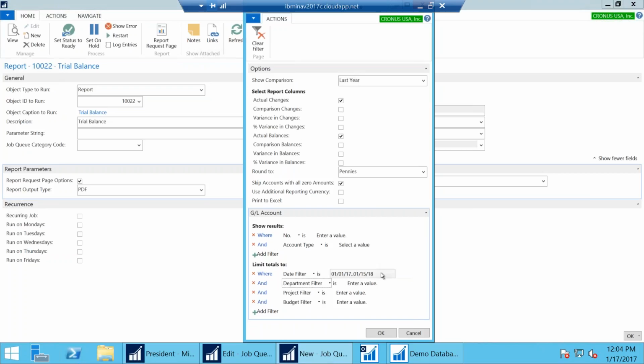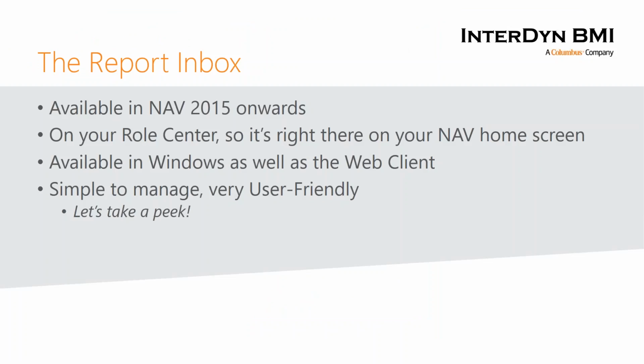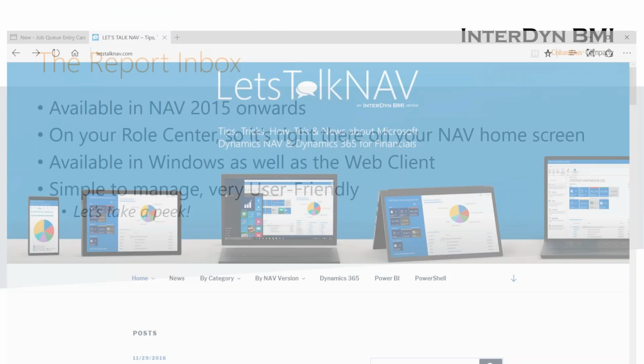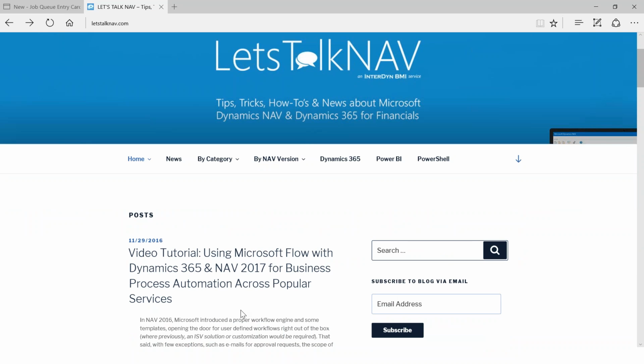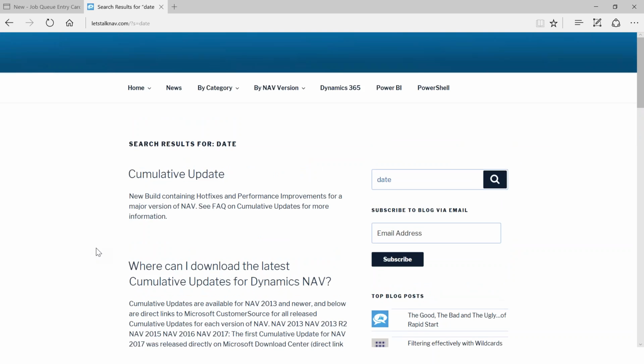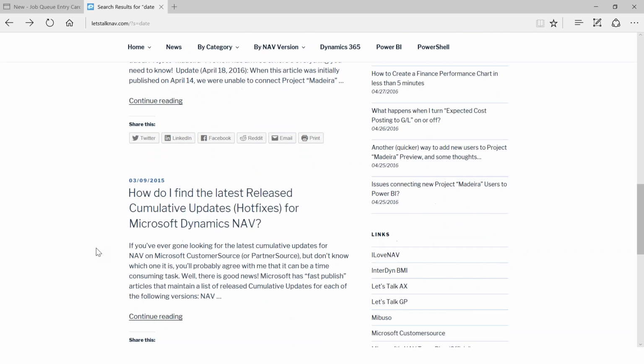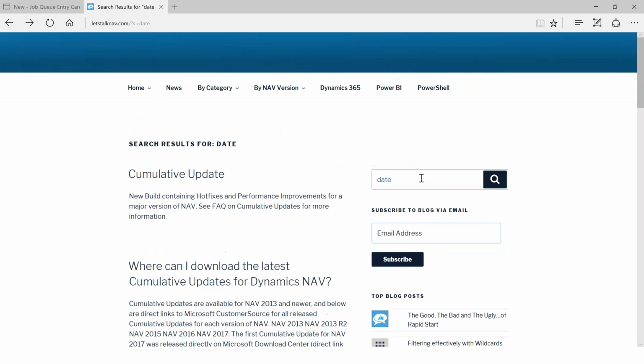So if you see over here, what I did was I keyed in a formula, work date minus 10D, which is minus 10 days. If you'd like to learn more about date formulas, our Let's Talk NAV blog actually has some really good content around it. When you go to the Let's Talk NAV blog, you go to search and you say date. I believe that should pull up, or there's one called, let me try